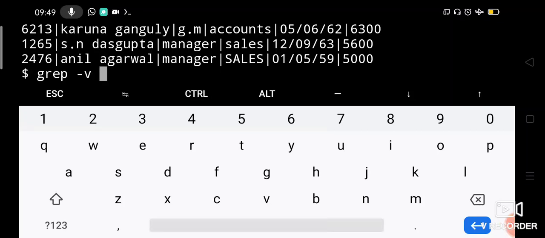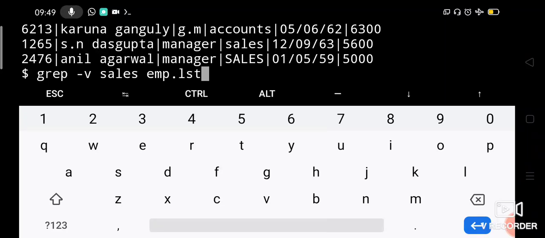Let us take sales only. Grep -v sales from emp.list. So what it will do, it will delete the lines which have the sales word and it will display the rest of the contents of the file. Okay, it will not delete from the original file.